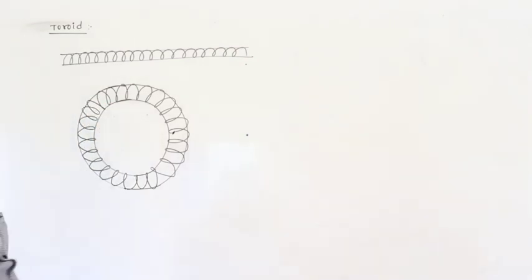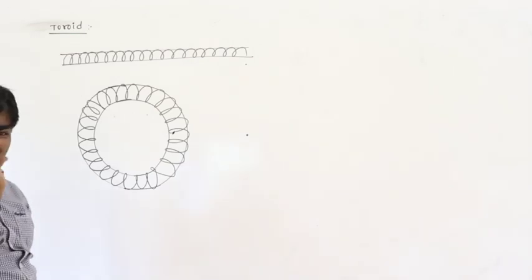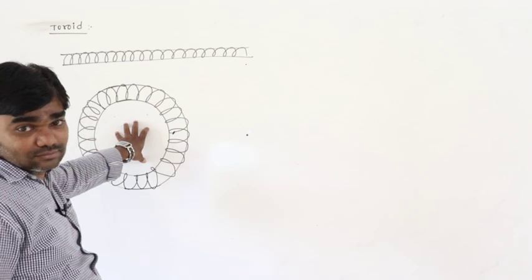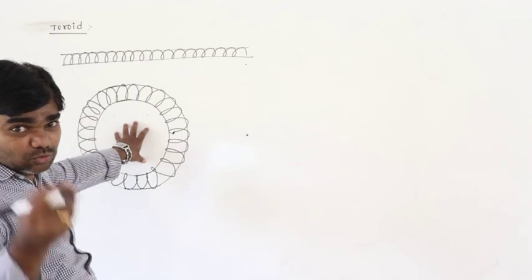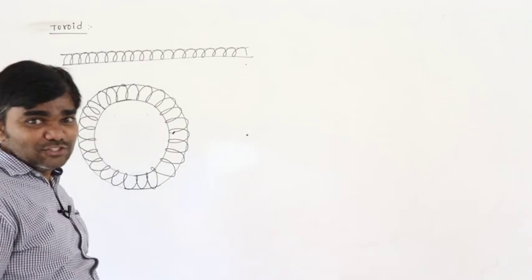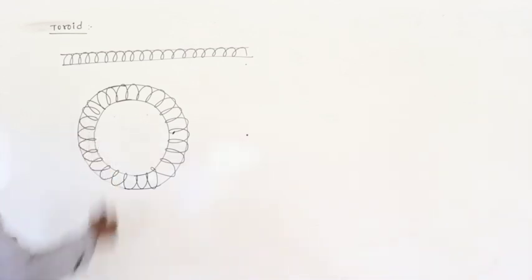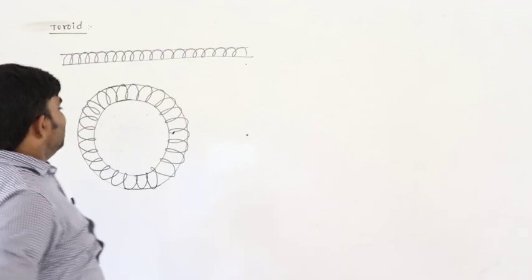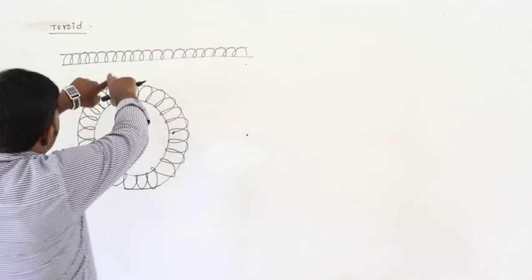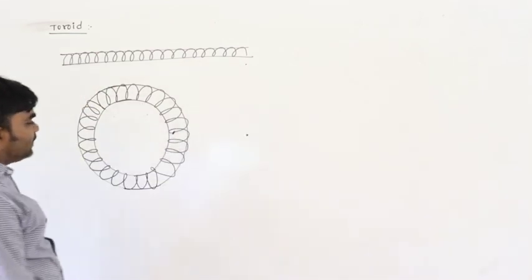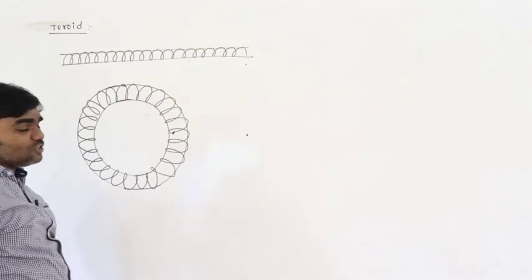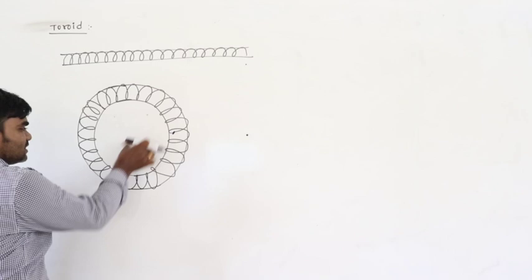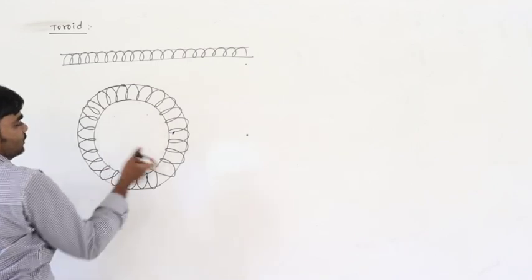Chitralahari symbol, the one that used to come on the Doordarshan channel a long time ago, that is a toroid. Okay. So a solenoid of finite length bent in the form of a circle acts as a toroid.